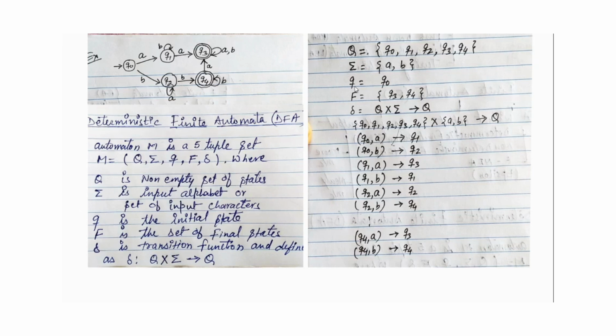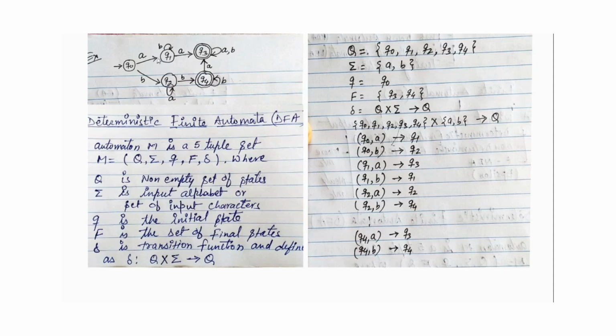Small q is the initial state. So which one is the initial state here? This is the initial state which is pointed to by this starting arrow. So this is marked as the initial state. So the machine will have only one initial state. So q is Q0 here. And remember, this initial state should be any state from Q, that is, small q is an element of capital Q. So if there are Q0, Q1, Q2, Q3 and Q4, you cannot have Q5 here. Remember, you cannot have Q5 or Q6 here. So any state which is part of this capital Q can be the initial state.